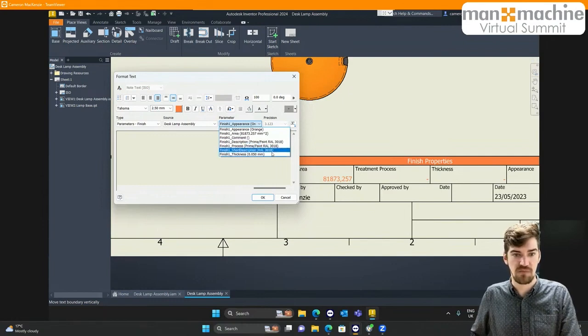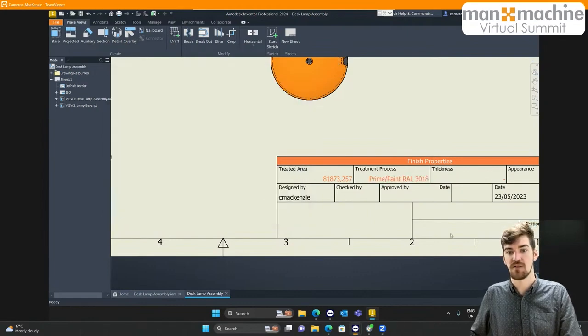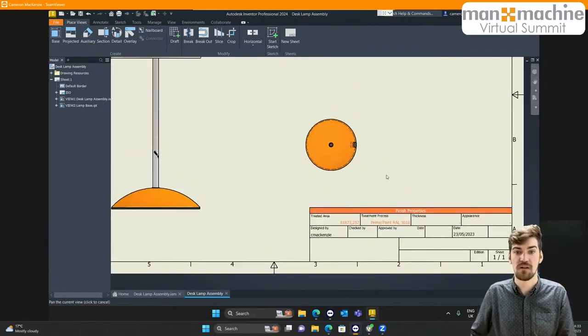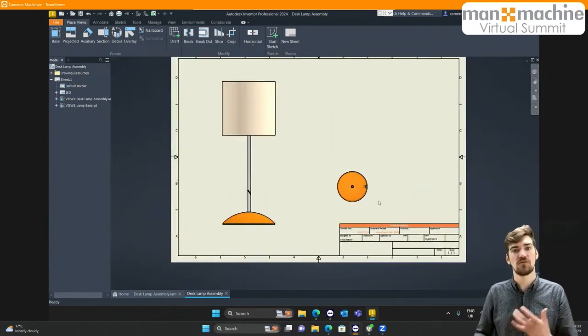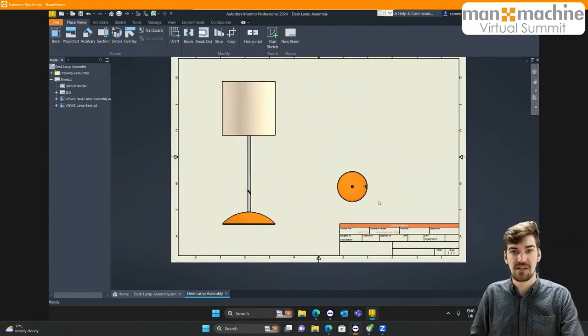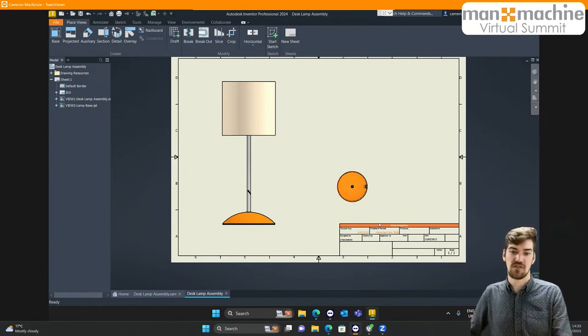If I had to go and grab the treatment process over here, you can see we've got the ability to grab that, push that into the drawing, hit OK, and we've now got the treatment process on there as well. So I guess you'd have different templates for different functionality. I've just added that one in there as an extra ability to have inside of the